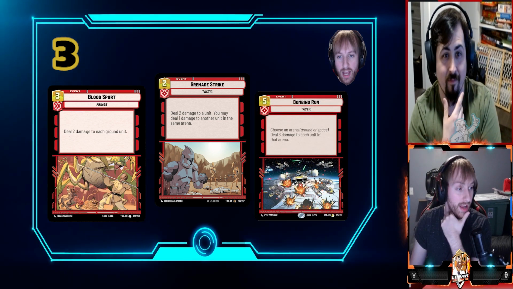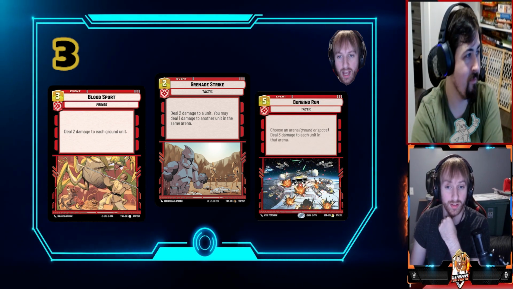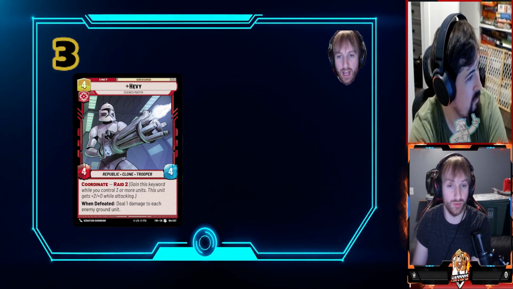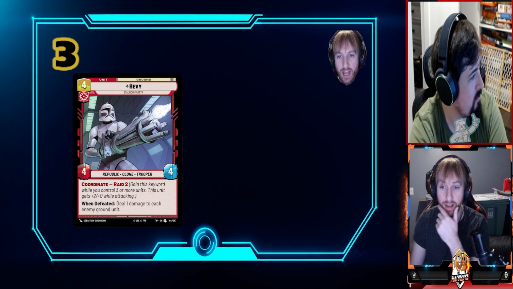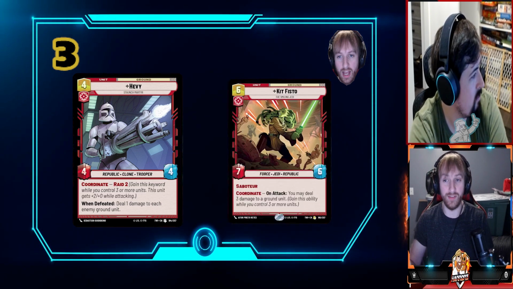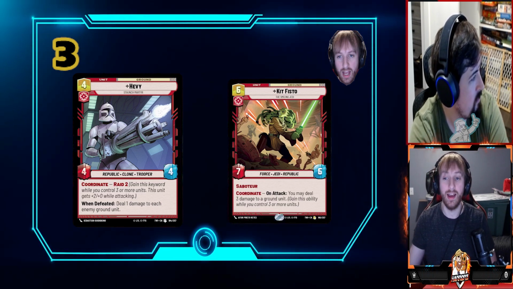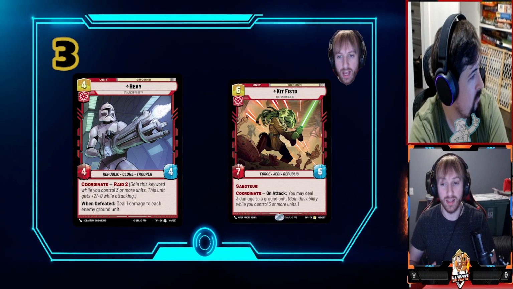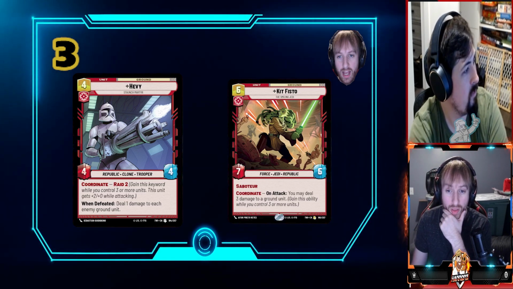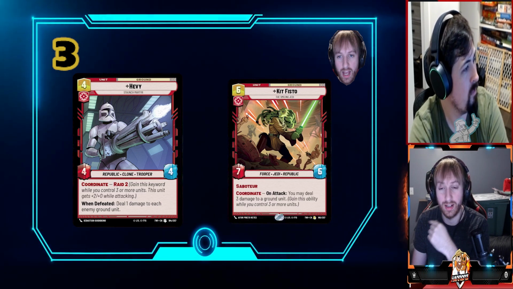You're going to want to run Heavy in a deck like this because you can swing Heavy into something. It dies, it does 1 damage to each enemy ground unit. You can kind of get the ball rolling with that, right? Kit Fisto being able to attack. Again, these 2 cards, Heavy and Kit Fisto, rely on Coordinate as well, so you have to have Coordinate online. But Kit Fisto on attack, you may deal 3 damage to a ground unit. So a lot of those things kind of